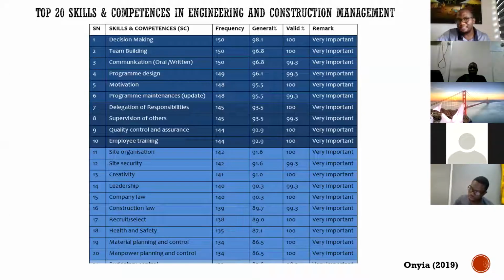Then they also identified communication, both written and oral. And they identified program design. Design in this context is program design. That's the total plan that you have, not just the paper design. That's why it's a program design. Because you can call a project design just the detailed design, but a program design has to do